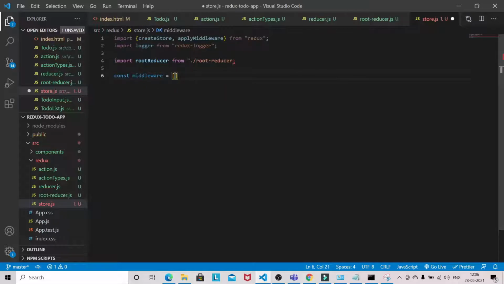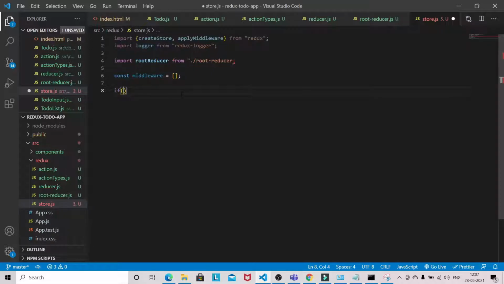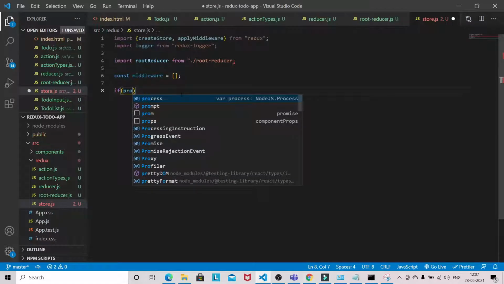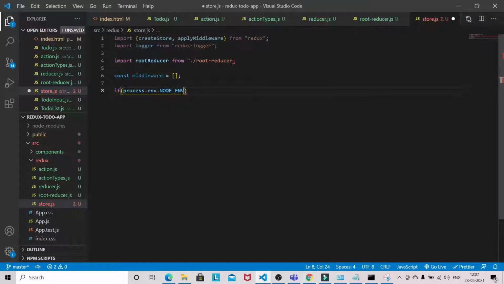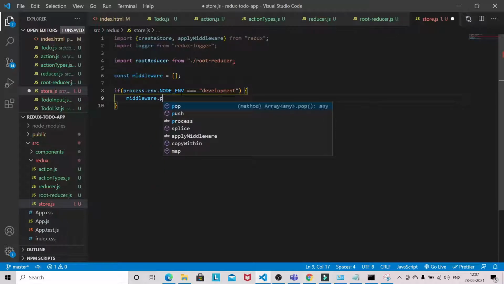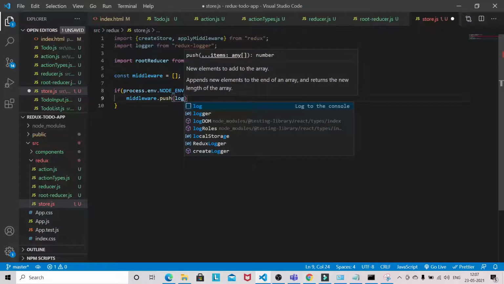initialize the middleware. So here we have middleware with logger, and whenever we are working with the API, we also use to apply other middleware like thunk or saga. Okay, so process.env.NODE_ENV equals development. This is a good practice, like we only want the logger in development mode, not in production mode.